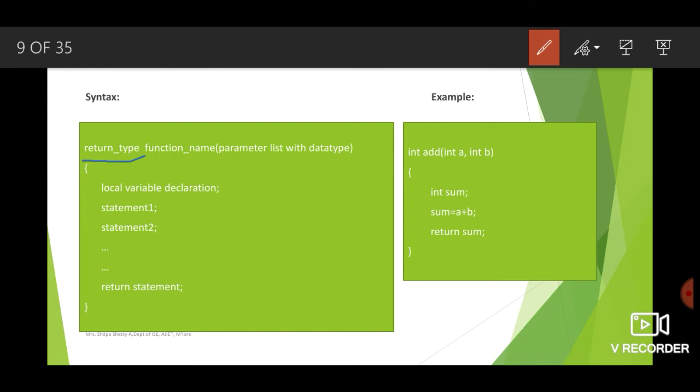The statements are written in a similar manner to how you write the main function. First you have to go for the local variable declaration. If any variable has to be used inside the function, that has to be declared. For example, when you're finding the sum of two numbers, to store the result, we need a variable. So that has to be defined. That is local variable declaration. Following that, we write the statements of the function. We can write n number of statements inside the function. There is no limit. Once we have executed the function, we need to return the answer.